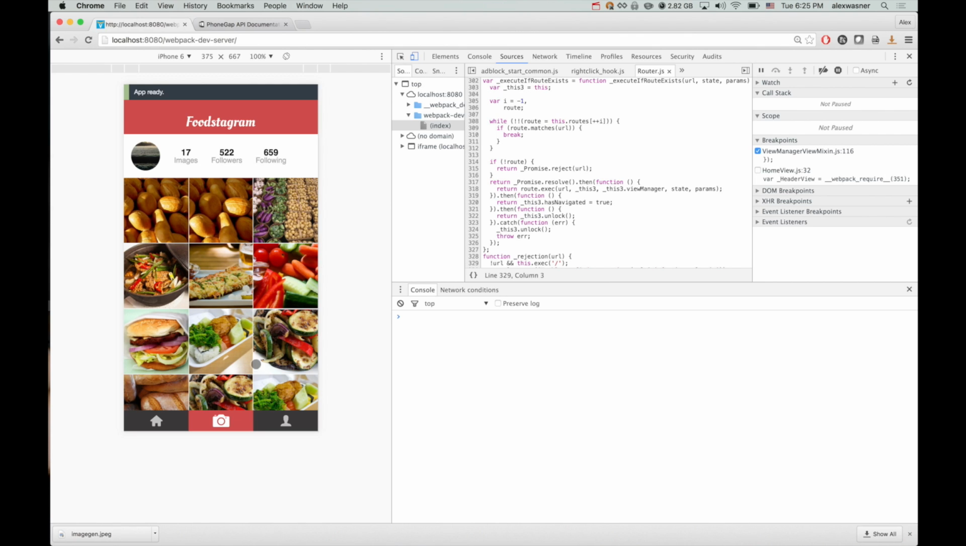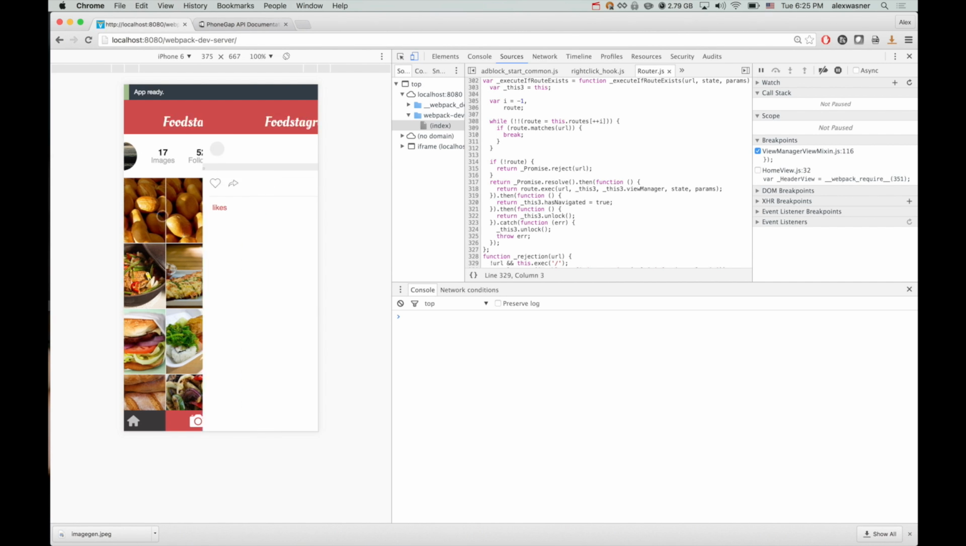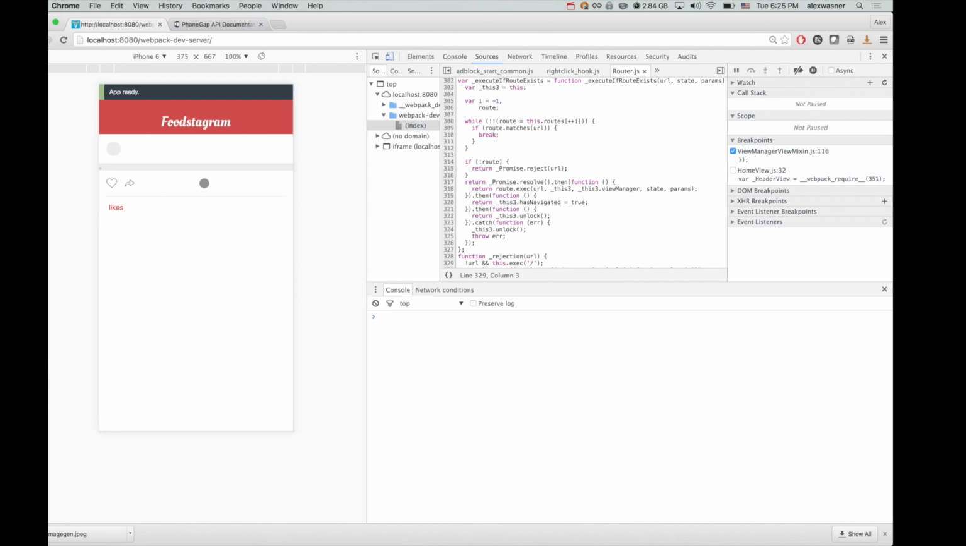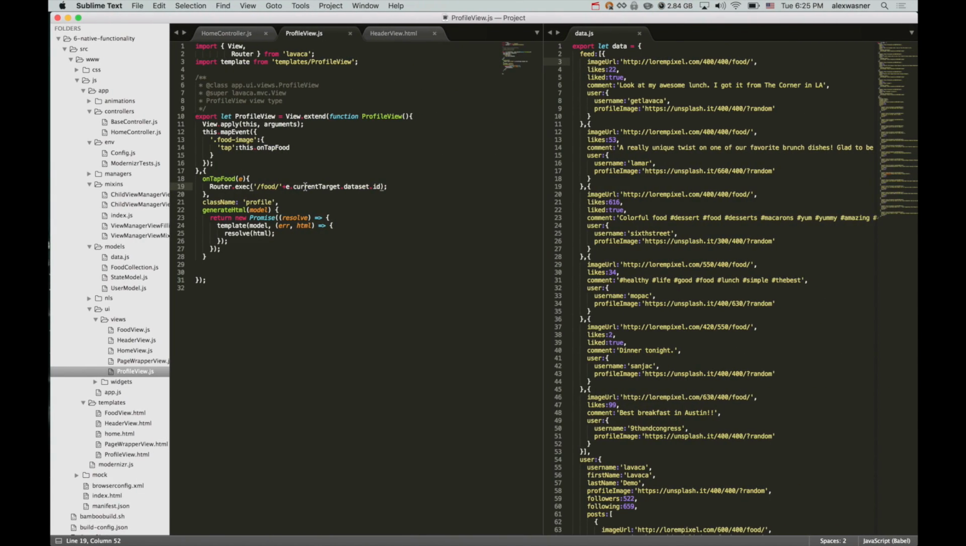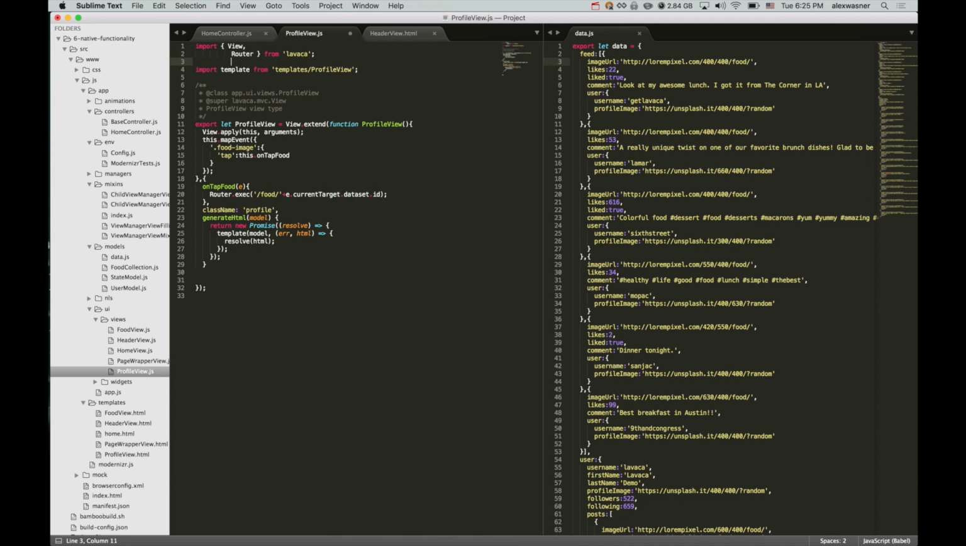All right, so the last thing to do for this is we need to pass the model of the item that we click to the new view so that we have data in this view. The way we do that is we go over to Profile View. We're going to import a tool from Mount called Merge. So we just do import merge from mount/object,